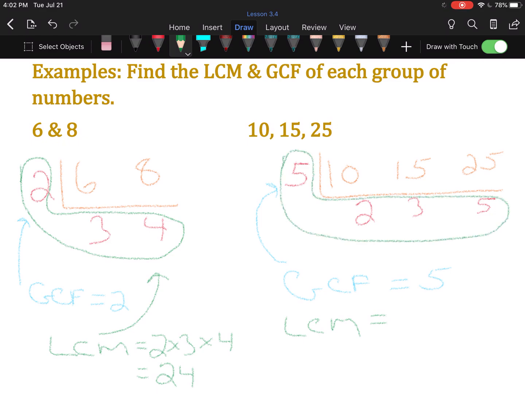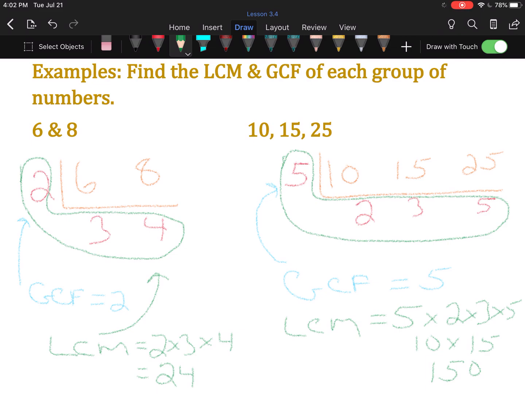if we just bracket all this off, we're going to say, okay, it's going to be whatever 5 times 2 times 3 times 5 is. 5 times 2 is 10. 3 times 5 is 15. 10 times 15, 150. That's a lot easier than writing out, for example, 10, 20, 30, 40, 50, 60, 70,